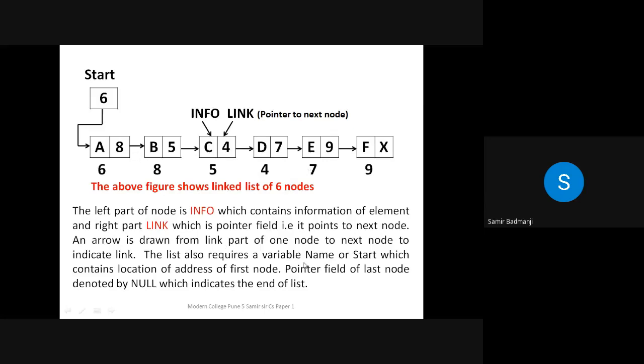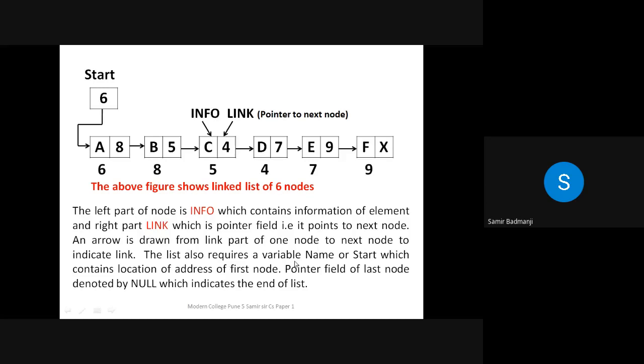The list also requires a variable name, or start, which contains the location or address of the first node. So even if you write this linked list and you don't write the start, again your chances are that you may lose some marks, because this linked list is starting from which address, that is very important. So this start and this x or null, if you don't write, then suppose this diagram is for 1.5 marks, then you may lose half a mark for not writing start and x.